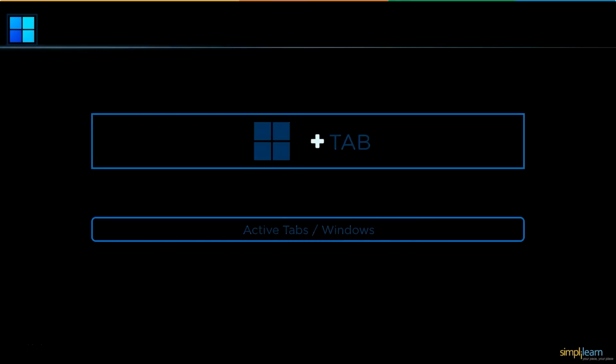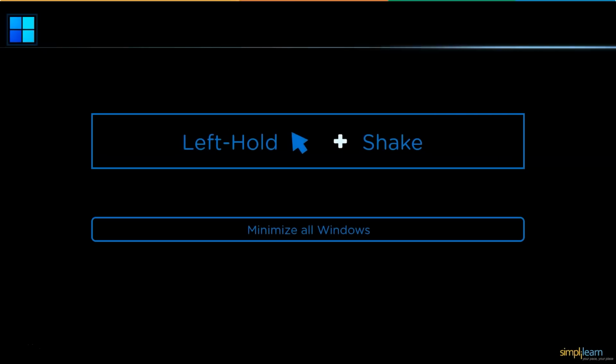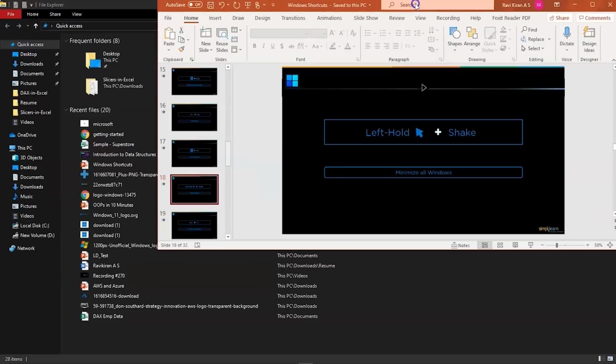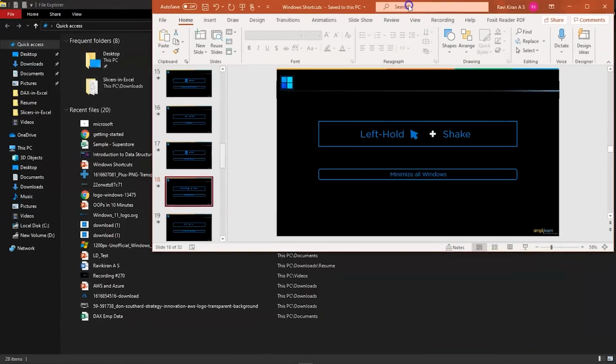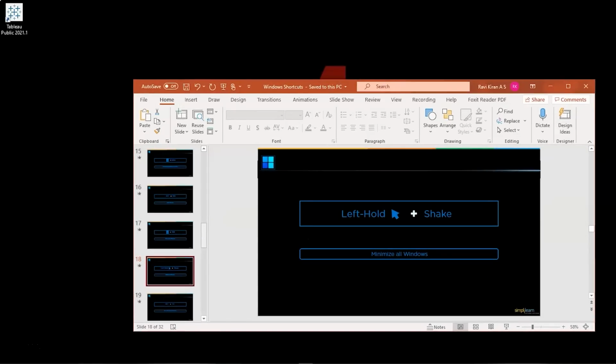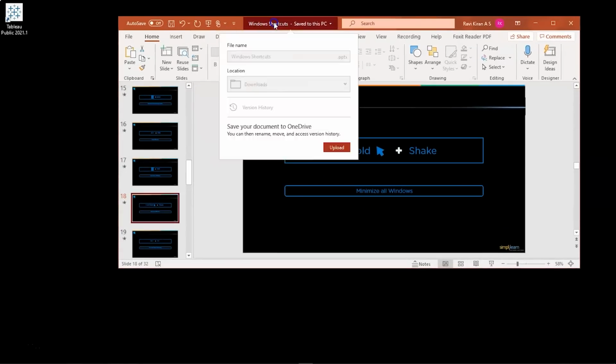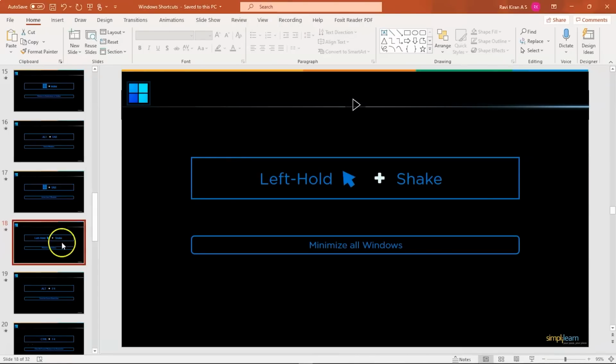Now followed by that, the next shortcut key we have on our list is left, hold and shake. So this is a little interesting. So what if you wanted to see all the windows at one place, or you wanted to minimize all the windows? So you can just hold the left arrow key on the tab and shake it a little bit, and you can see all the windows are minimized, right? So that's how it's done. You'll have only one window active on your screen. Now followed by that, the next shortcut is